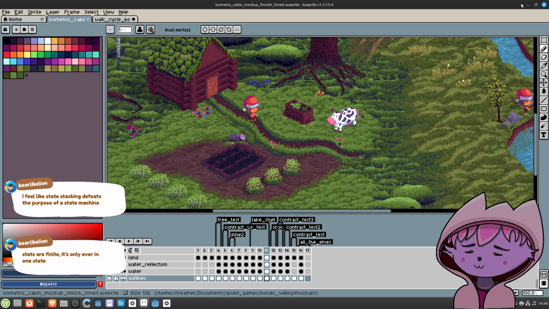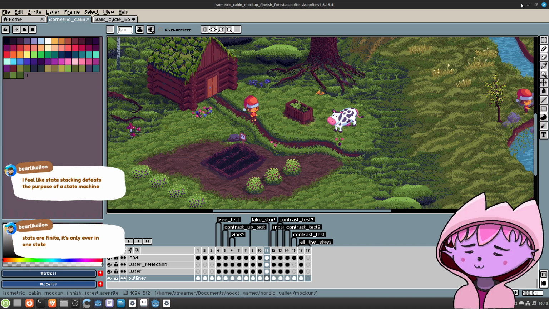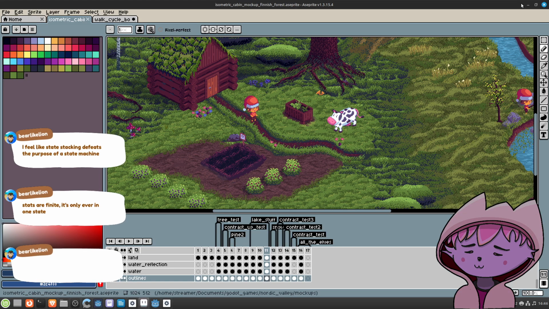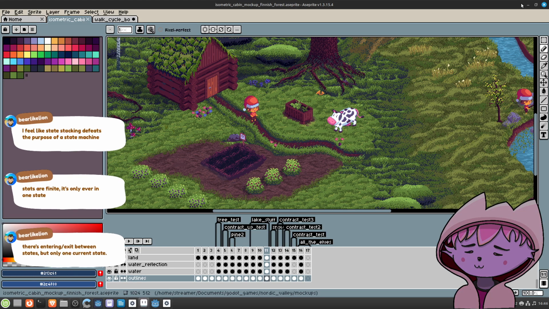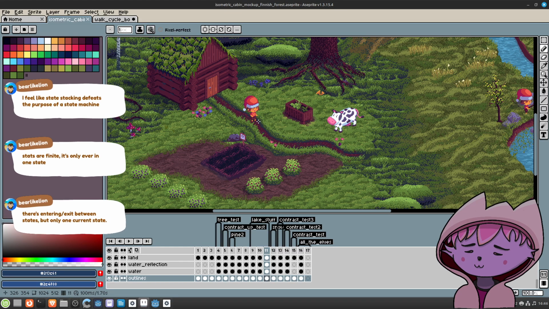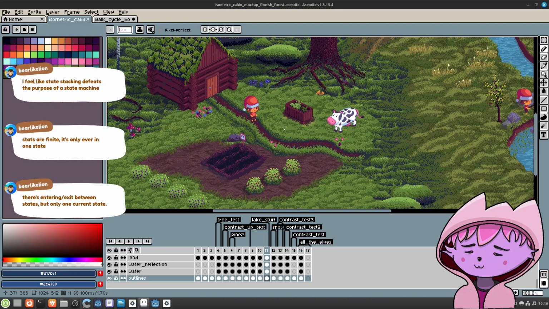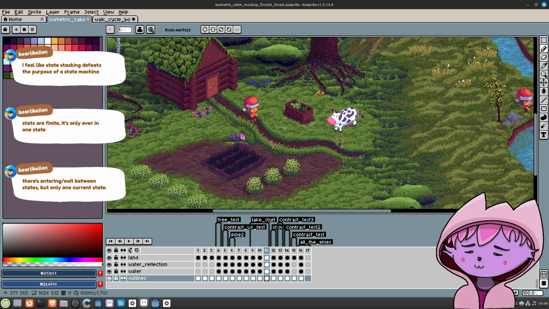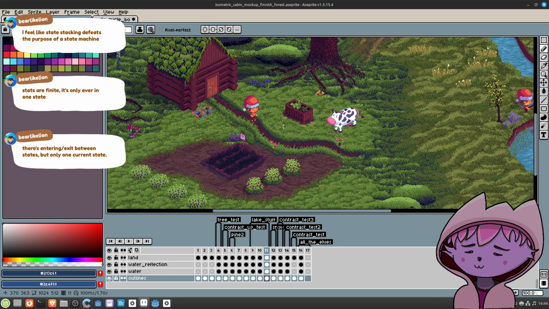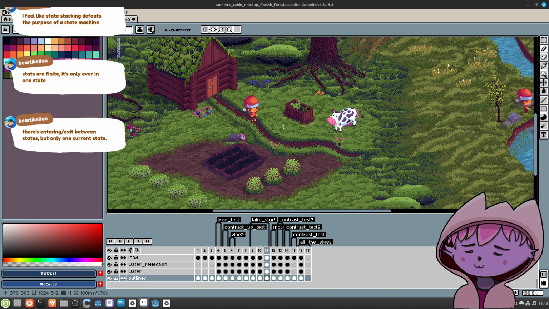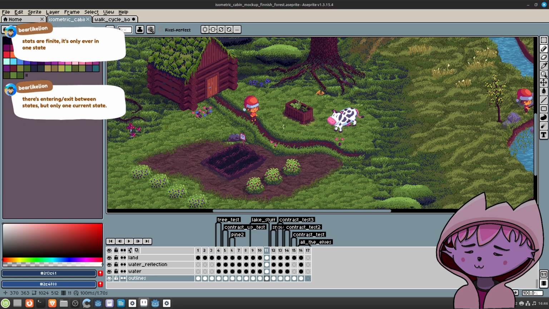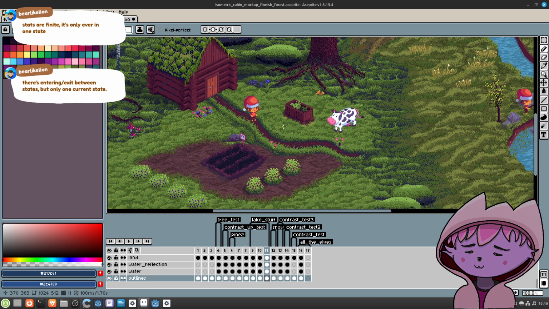Not really sure. I cannot right now think of any occasion in a game where there is one state, like walking, and then all of a sudden there's an intermediate state where we would go off, and then we go back to walking. I feel like state stacking defeats the purpose of a state machine. States are finite. It's only ever in one state.